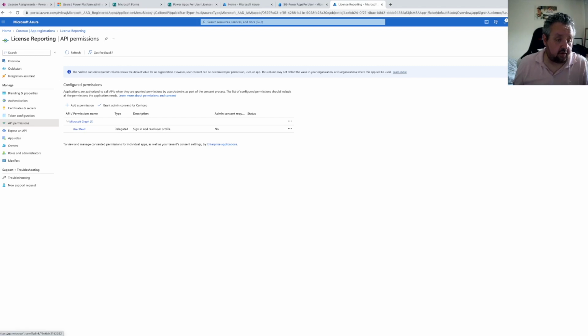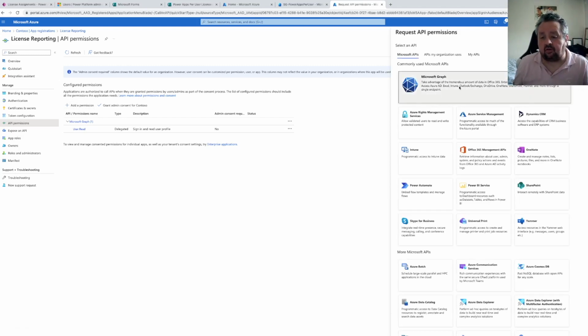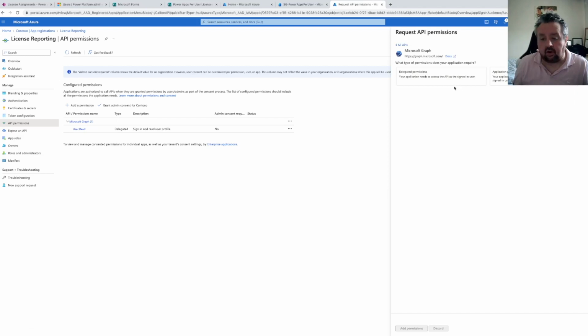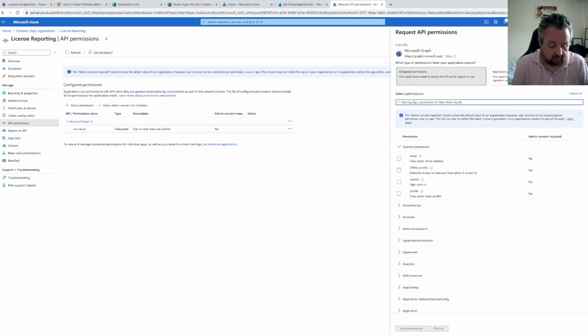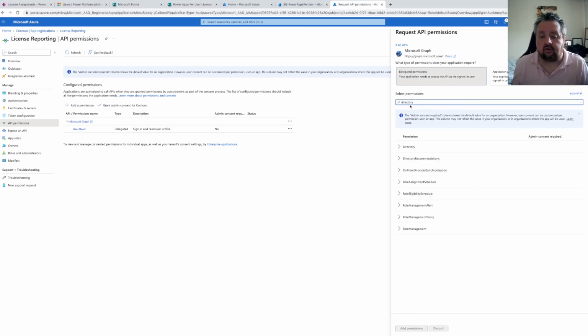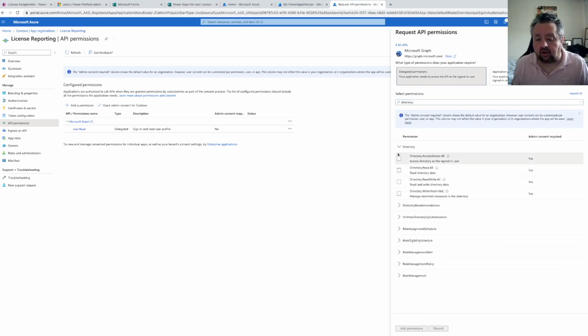And we're going to click on add permission, and we're going to choose the Graph API, and then we're going to go in delegated permissions and type in the word directory, and we are going to get read all, write all, and add those,